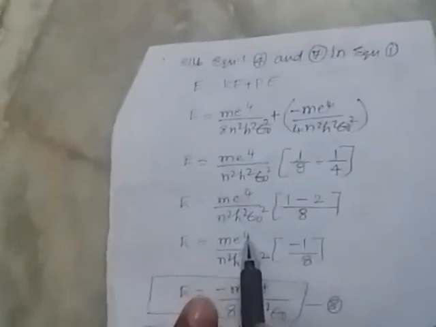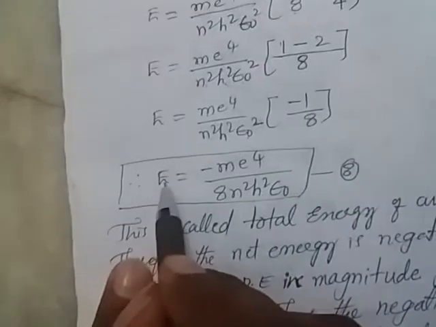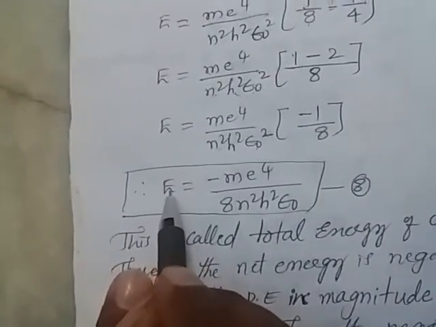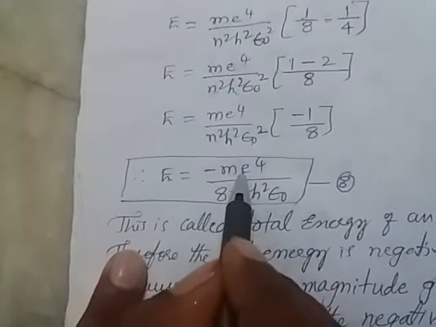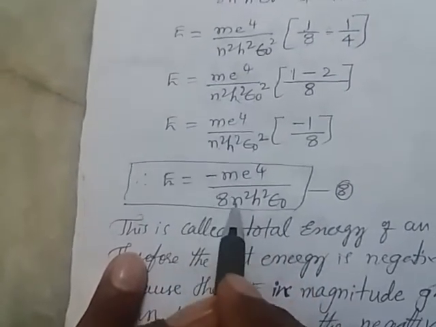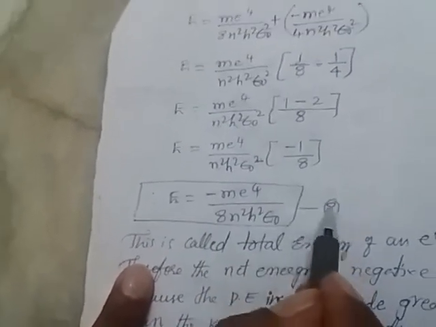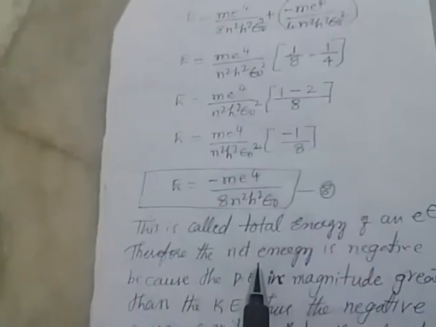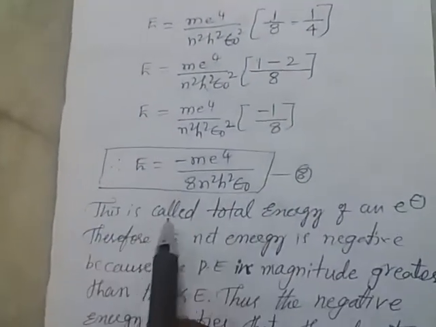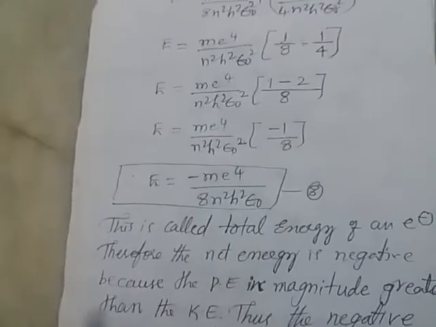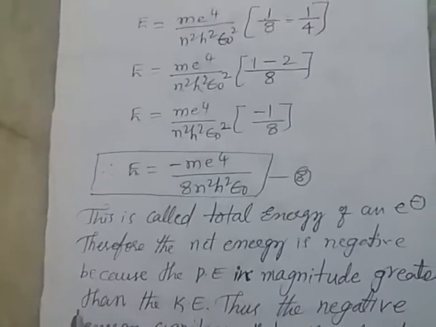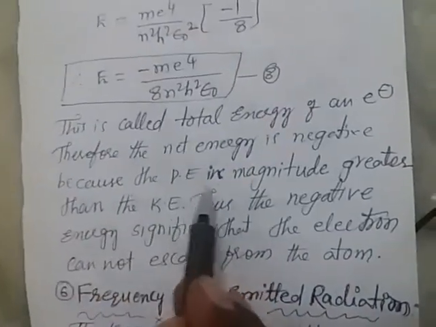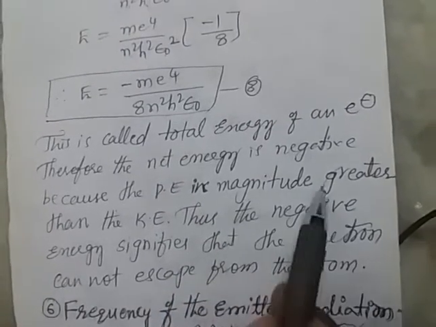So that is mu to the power of 4 by n square h square epsilon naught square into minus 1 by 8. So we can multiply. Therefore the total energy of an electron is equal to minus m e to the power of 4 by 8 n square h square epsilon naught square. This is equation 8. This is called the total energy of an electron which is revolving around the nucleus in a circular path. Therefore the net energy is negative because the potential energy is, in magnitude, greater than